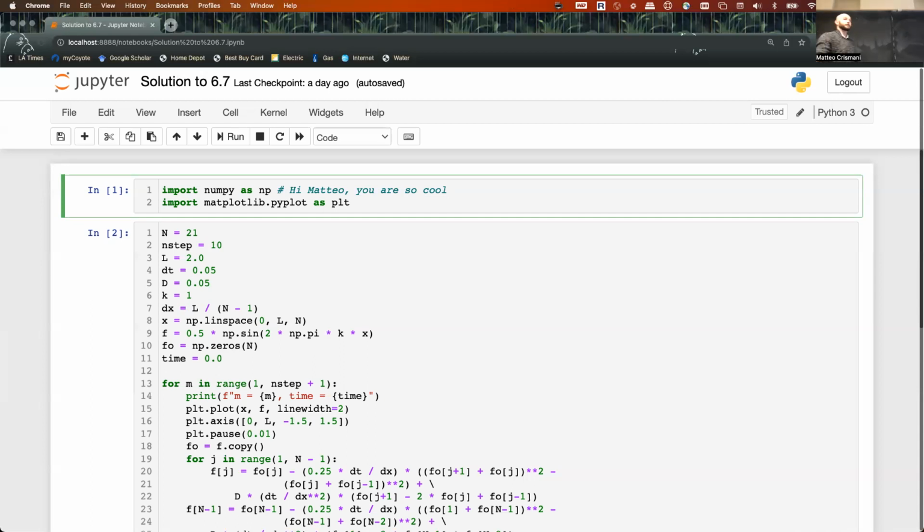What else do I need to include here? Split it into chunks. That makes it a lot easier to digest, both as an individual and as someone coming along reading the code later. So I'm going to put comments in here and break it into sections that I like. I'll take all of this stuff here and put it in its own little box. So I just run it once, and then the arrays are set up, the constants are set. And if I need to make the data a bunch of times, that'll be in here.